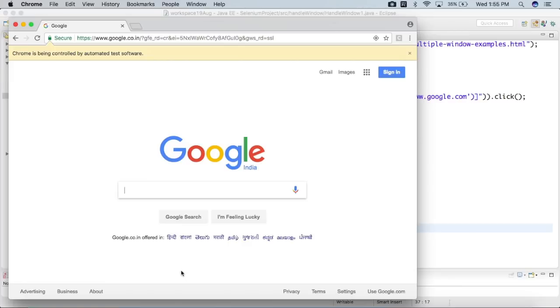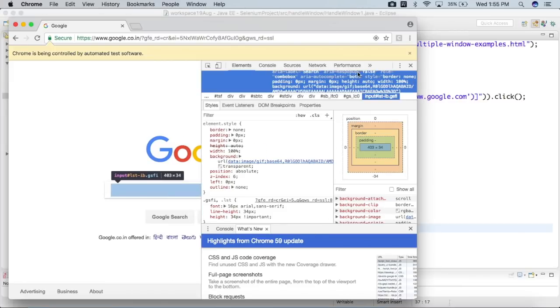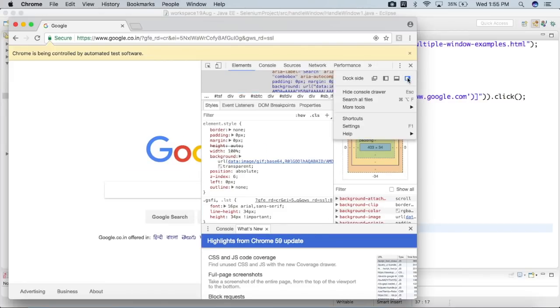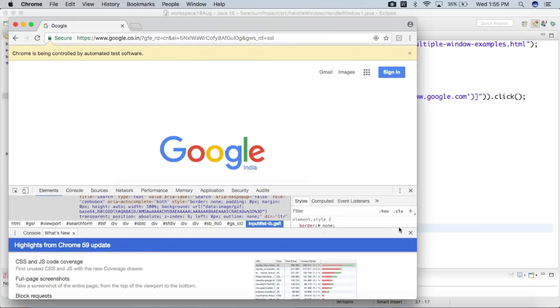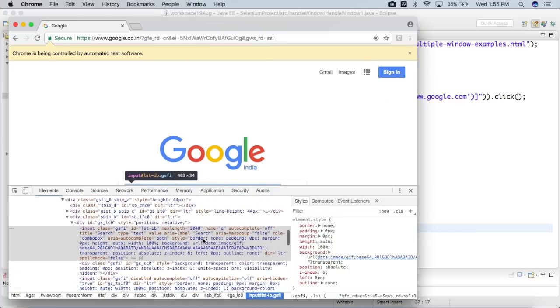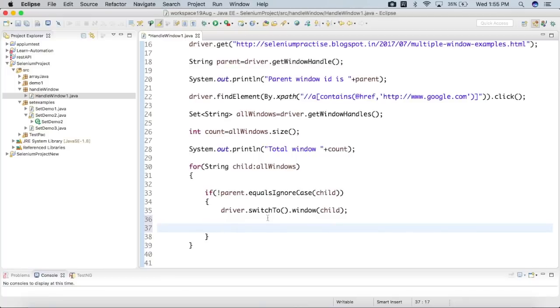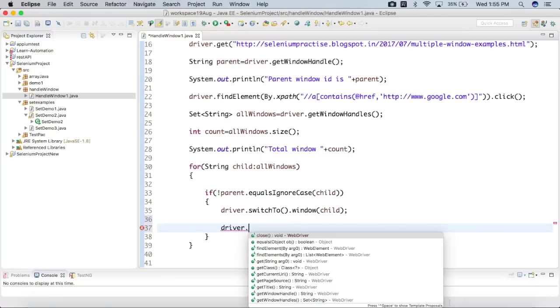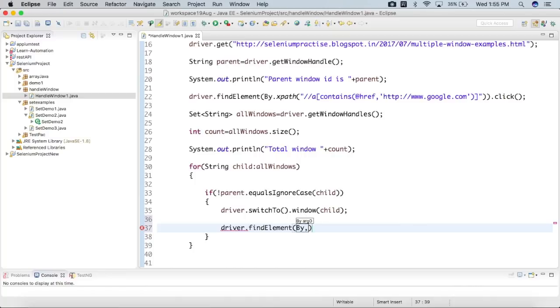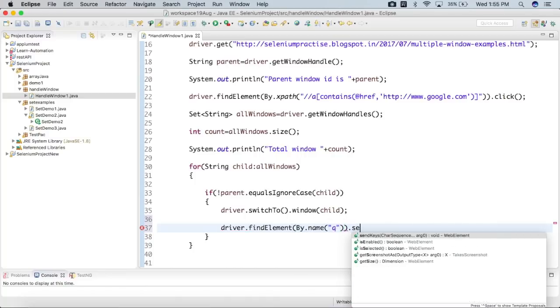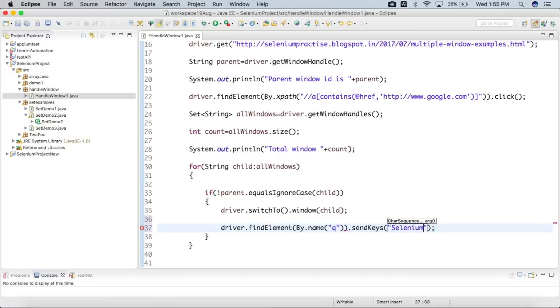If I inspect this, I will get one property called name, and name here is q for query. So I will just write driver dot find element by name q and send keys Selenium WebDriver,